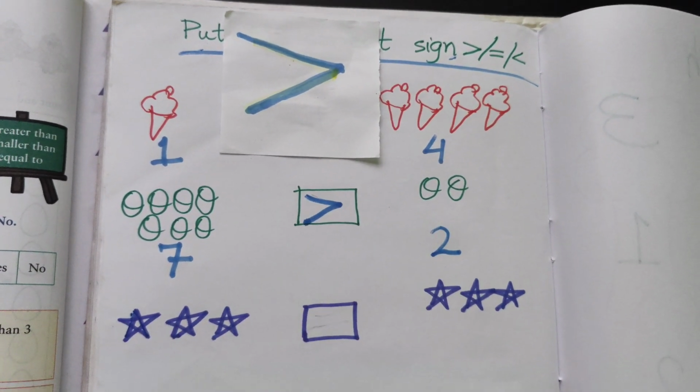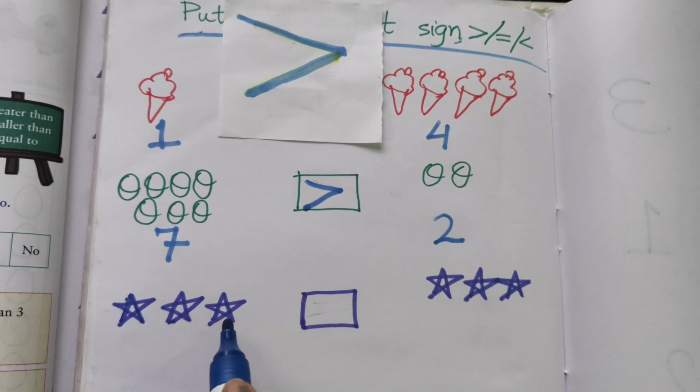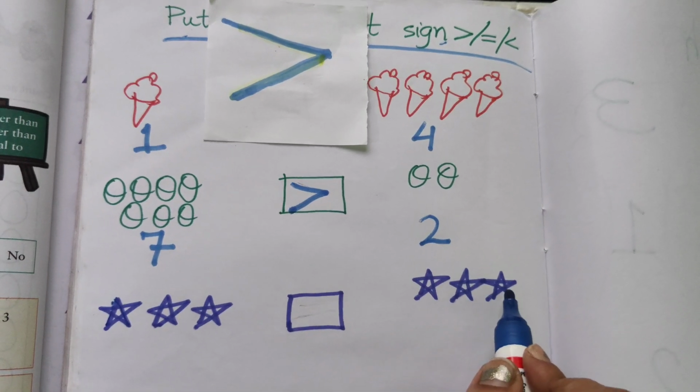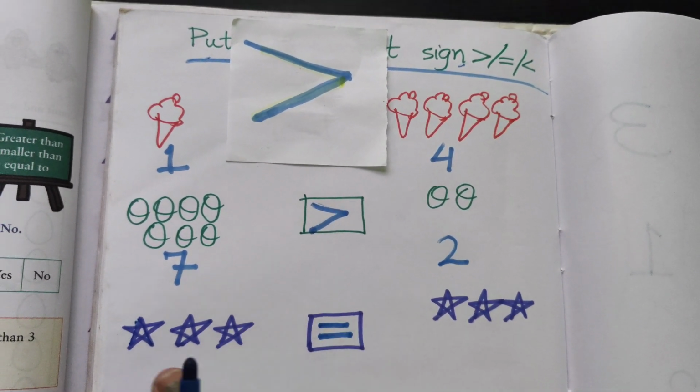7 is greater than 2, so this side I will put this sign. Now stars, 1, 2, 3. This side also 1, 2, 3, so I will put equal to sign because 3